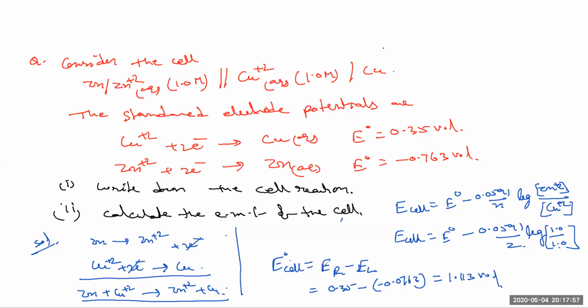See, always you have to identify, so after calculation you can check whether it is correct or not. The EMF of a galvanic cell should always be positive. So after getting it, it is positive, it is right. If any negative value is obtained, then your calculation is wrong. So now what is the final answer? 1 point.